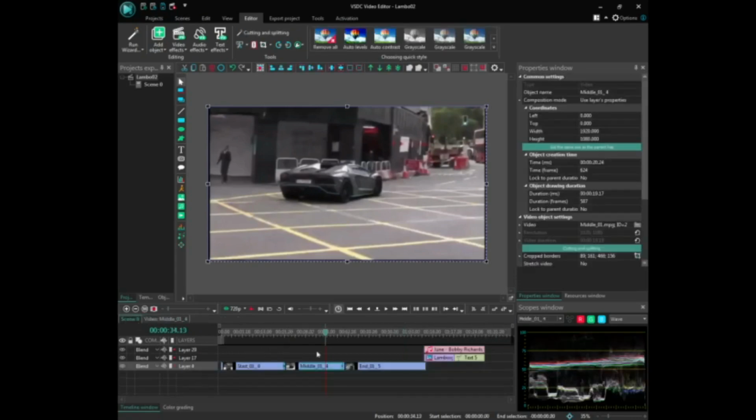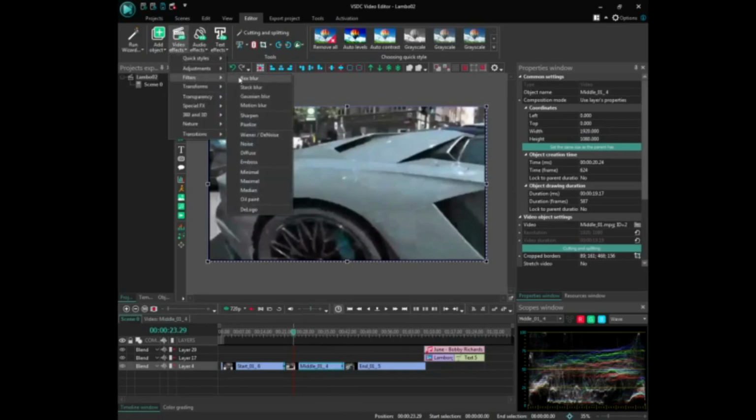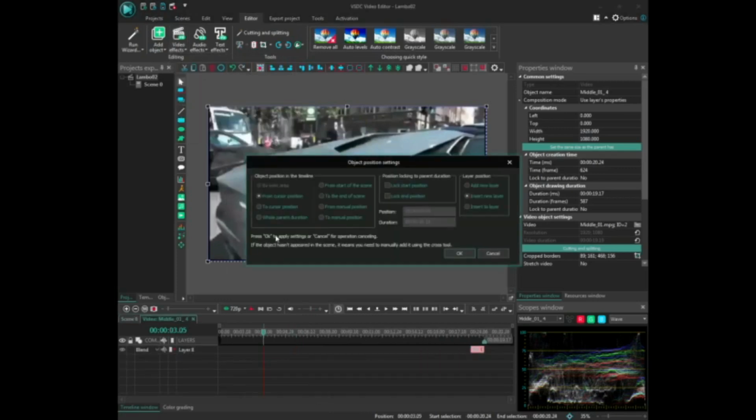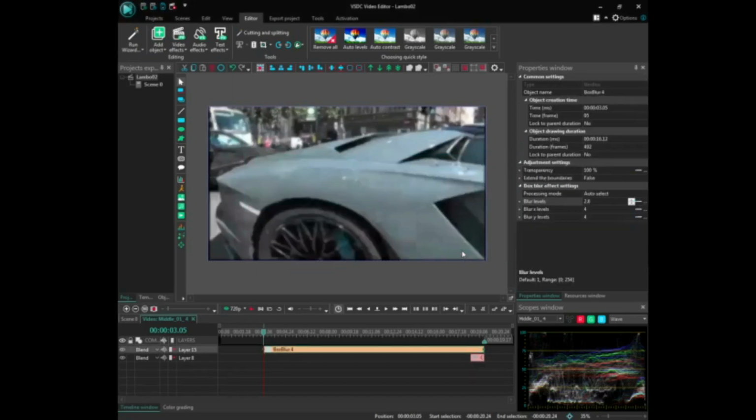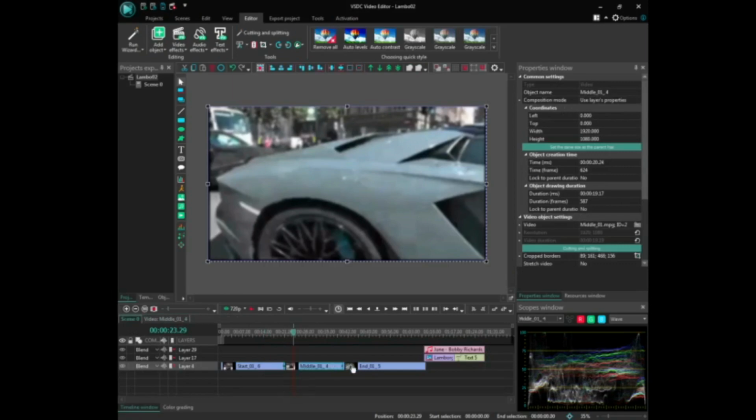and then go back to the same object, we can also apply another blurring effect. It's called box blur. So again, it's in video effects, filters and box blur. And this dialog informs us that the effect will be positioned at the current cursor position and inserted onto a new layer. And this is the length of time it's going to last for. Basically what box blur does is it blurs out the whole of the screen, so the whole of this object will be blurred out,